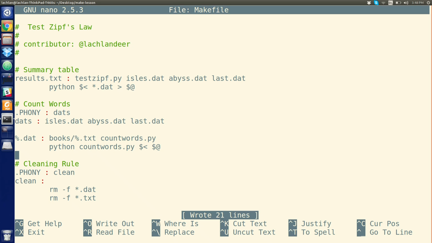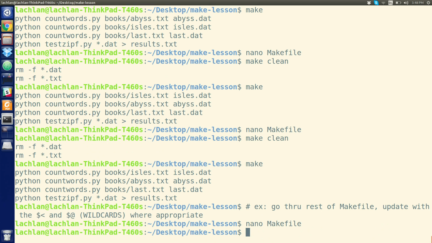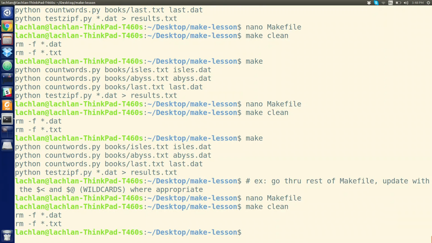So here I need to keep, for now, the list of all the books I want to analyze. I'm going to get rid of that later. For now I'm saying, for all the books I want to analyze, this rule is the word counter. So I saved that, and then I exit. I'll clean everything up. So we make clean, throw everything away. Now, so far, whenever I've wanted to do something, I've just said make, and it's done it,